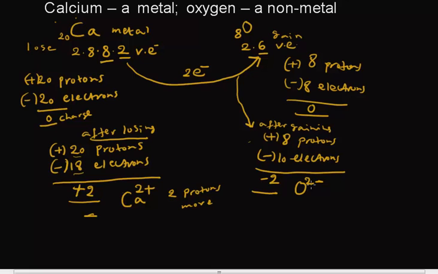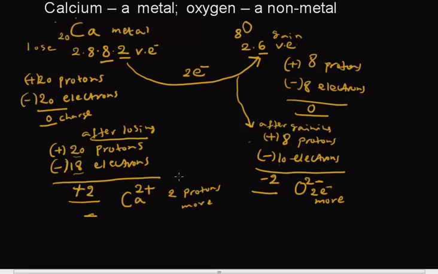Now again, what does this charge 2 minus mean? If you look at these numbers of subatomic particles, there are 8 protons and 10 electrons on the oxide ion, which means there are 2 electrons more. Can we say that? 2 electrons more on the oxide ion. That's why it has